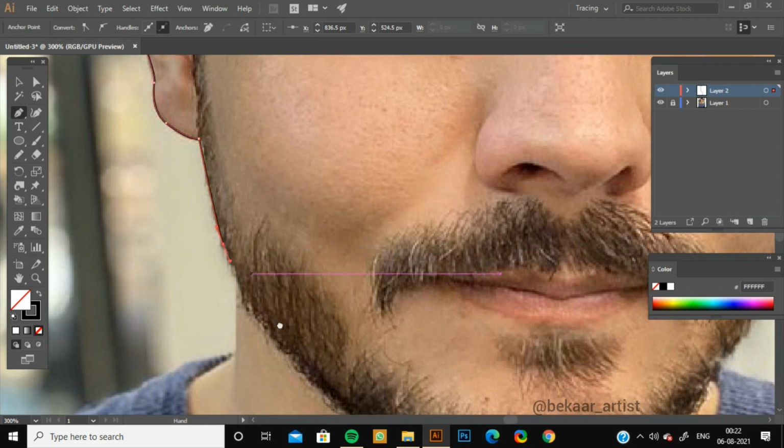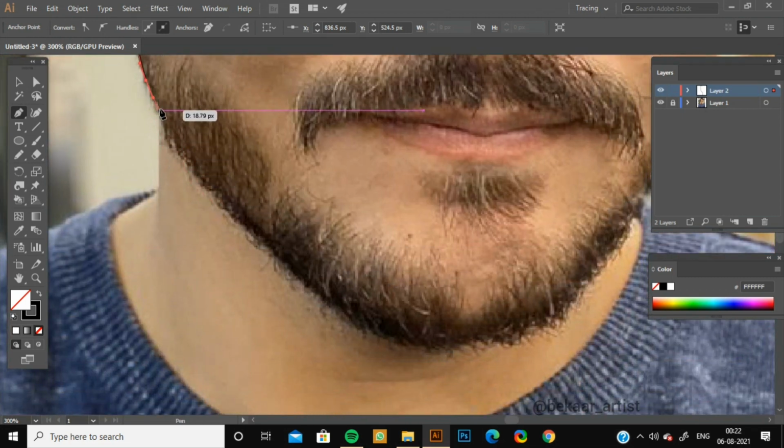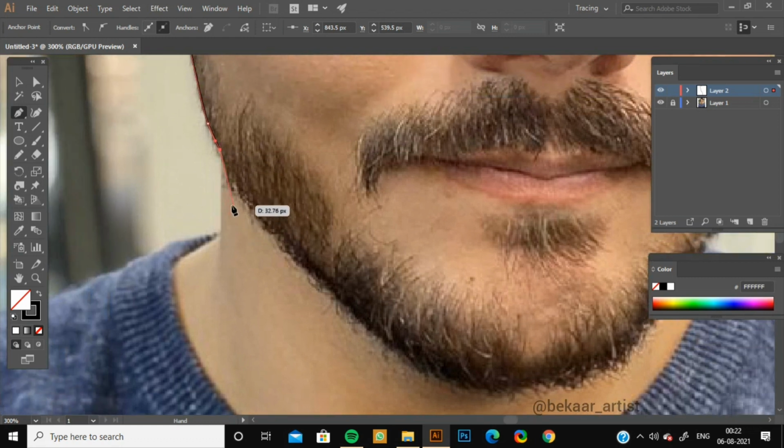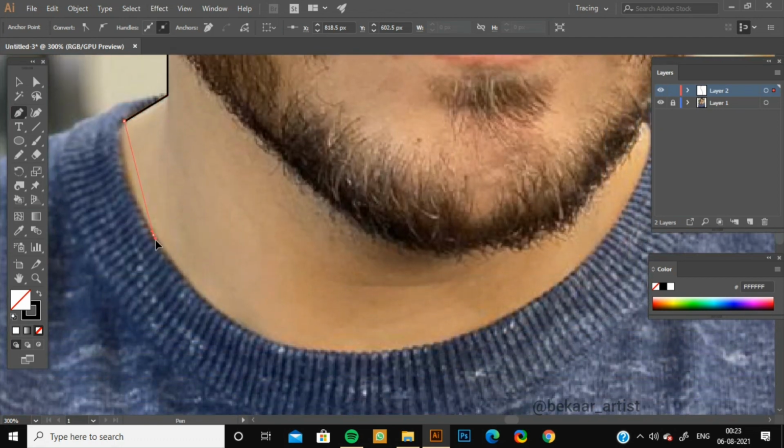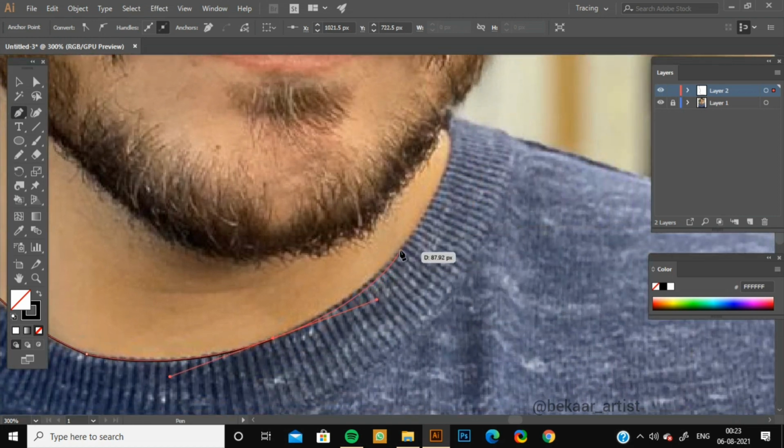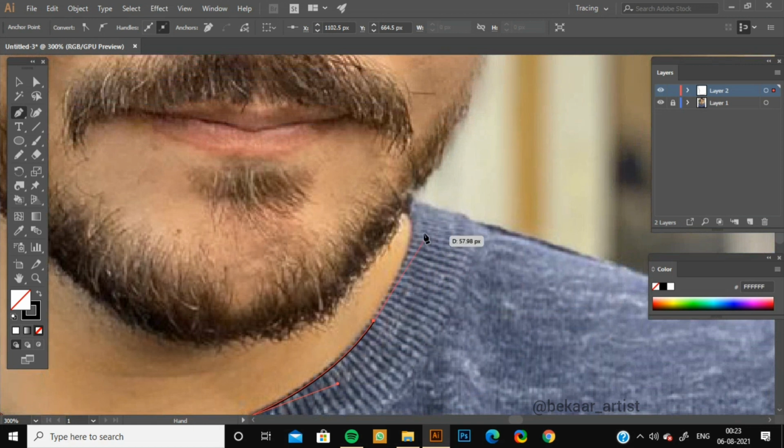and as of now I'm just ignoring the beard part. Instead I'm just following this line. Now to create a curve, simply just place the cursor and then drag to create a nice curve.